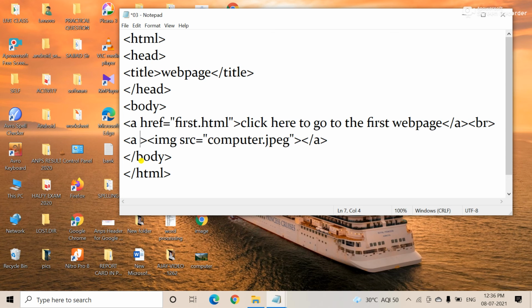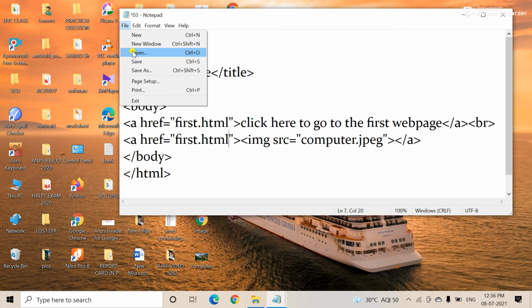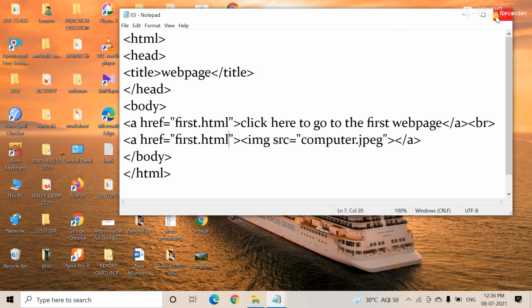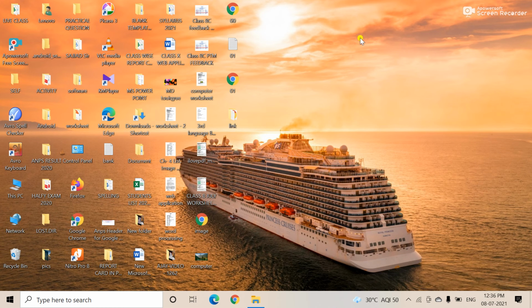Suppose a href equal to, and I am clicking here on first.html. I actually link the computer picture to the first web page, and then you click to save it. Okay, and you close. You see this is one.